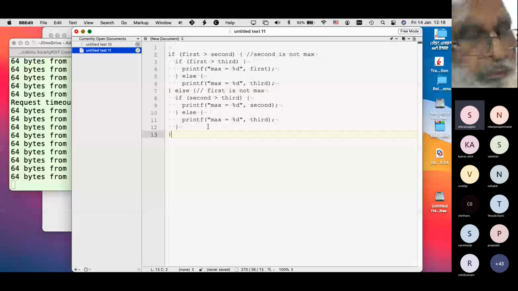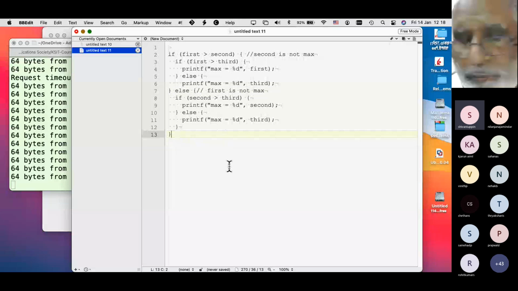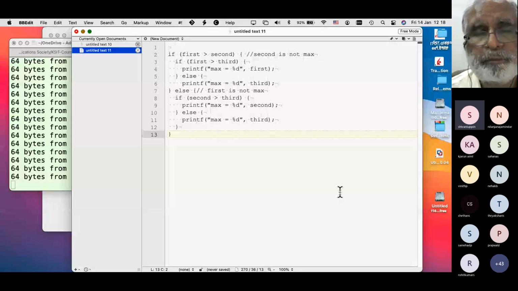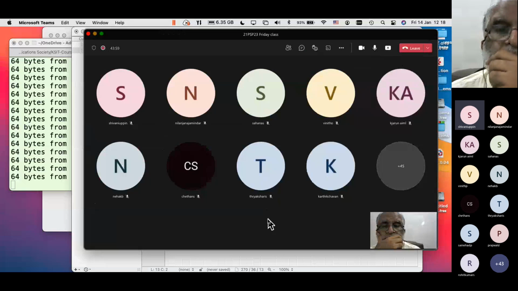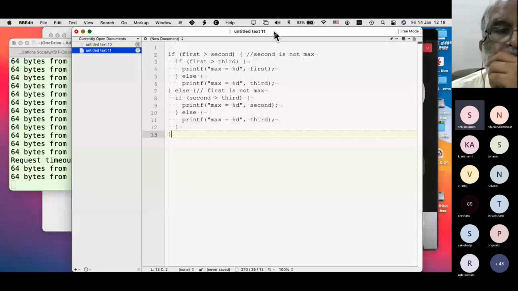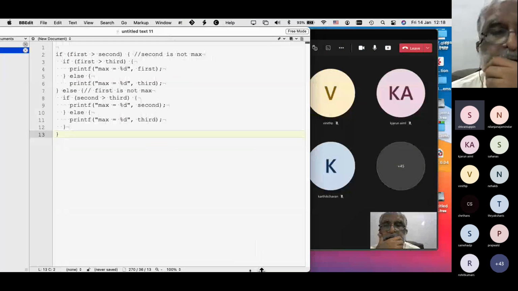This would work for your max. Any doubts about this part? Hello? Any questions about this max part? No, sir.